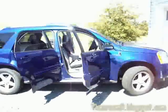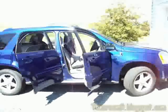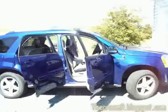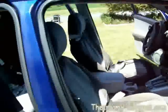Alright, well today we have an '05 Equinox and it's got a musty smell inside. It's not something you'd expect from a newer car, so I suspected that the sunroof is leaking. We're not going to need any tools today. All we're going to need is an air line, some compressed air, and my theory on what happens is that